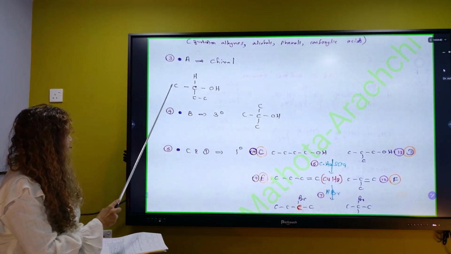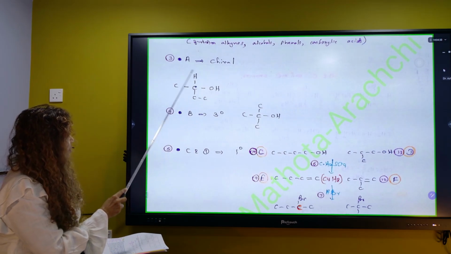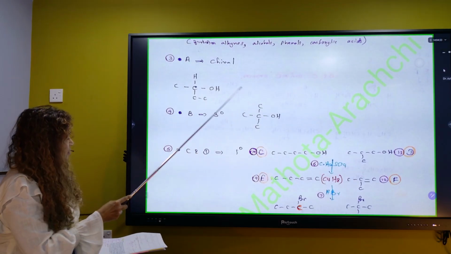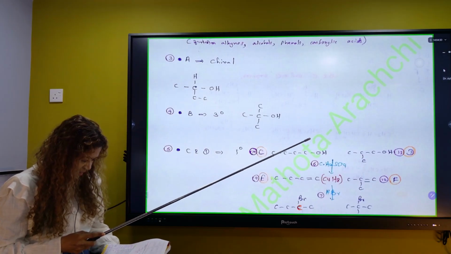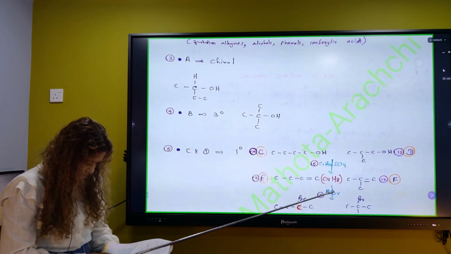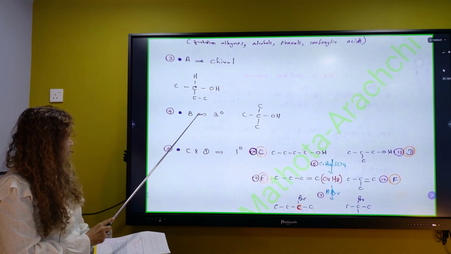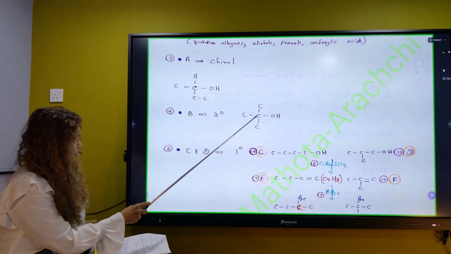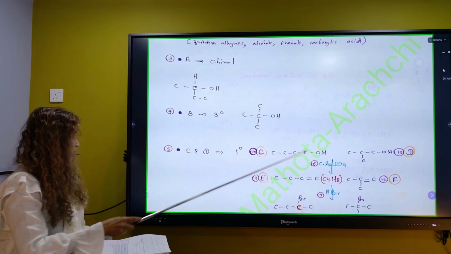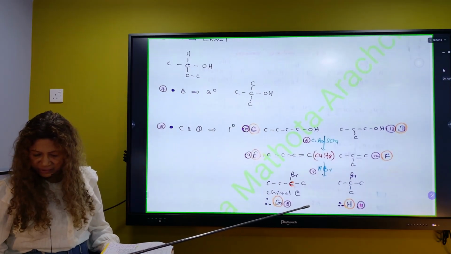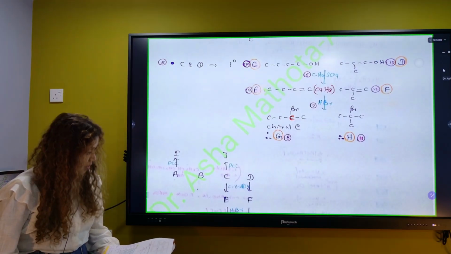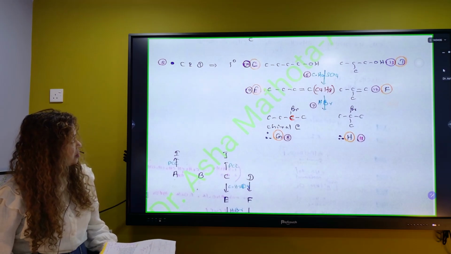One hydrogen, one carbon, two carbon, remaining is OH, or otherwise one hydrogen, one OH, one carbon, two carbon, whichever way. So this A is already confirmed. B, C, D. B gives instant turbidity, so you can decide B as well. Okay, one carbon, so tertiary part here, OH. So nothing remains, so this is then B. Then we are moving to this side, C and D.